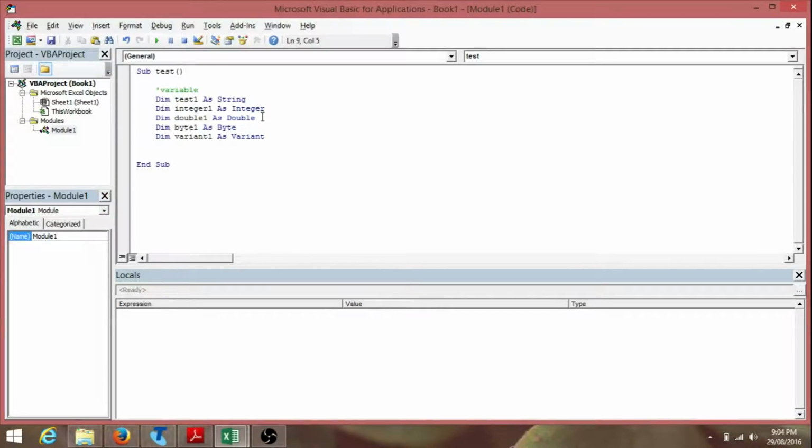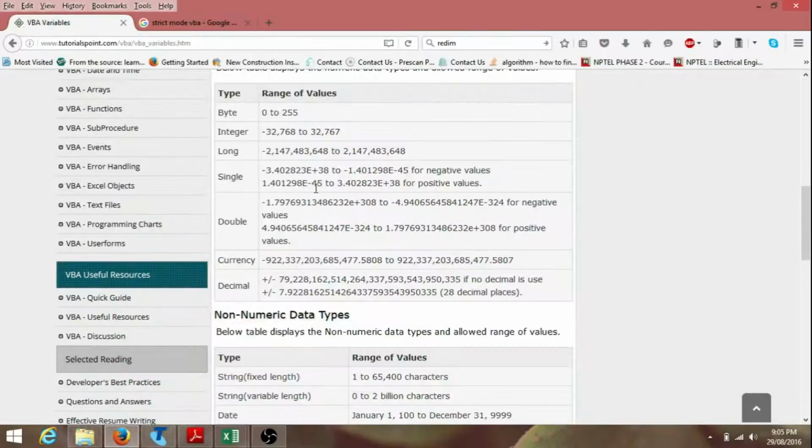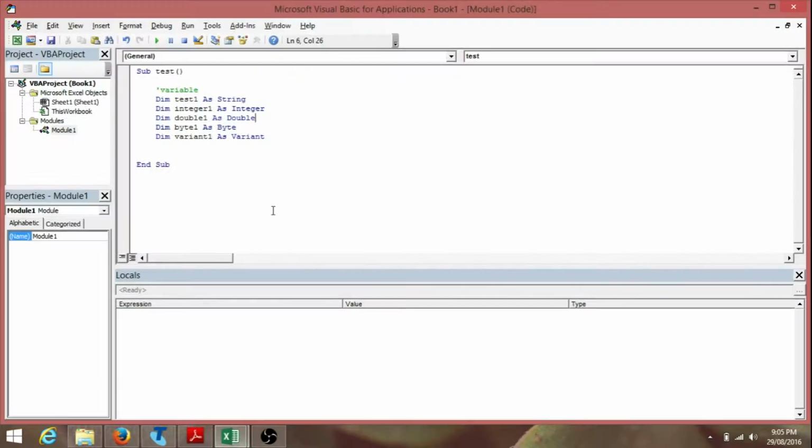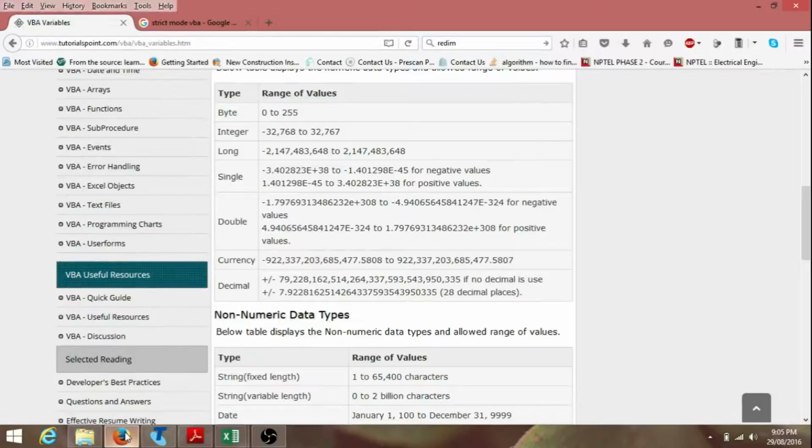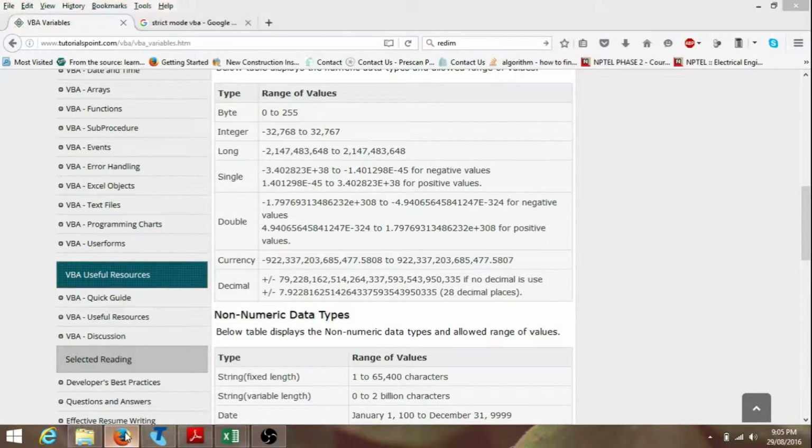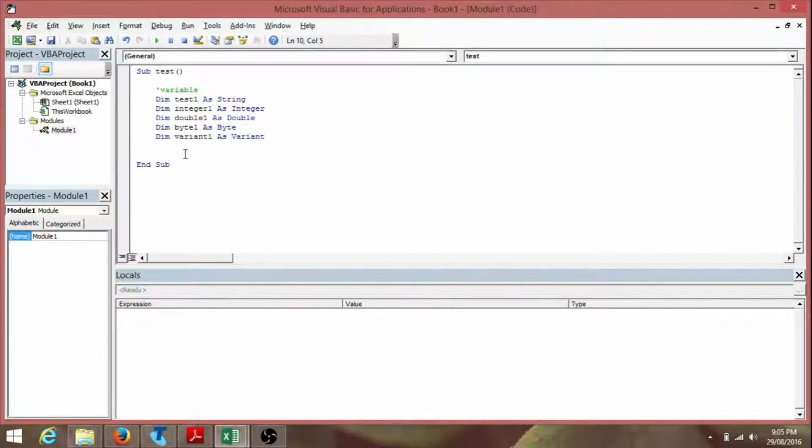Double, I can't remember what the range is now, but this is quite self-explanatory, so I don't want to go reading all the values up front to you. You can see it for yourself. And then integer over here carries 65535, sorry, 32767. So now that we have declared our variable,